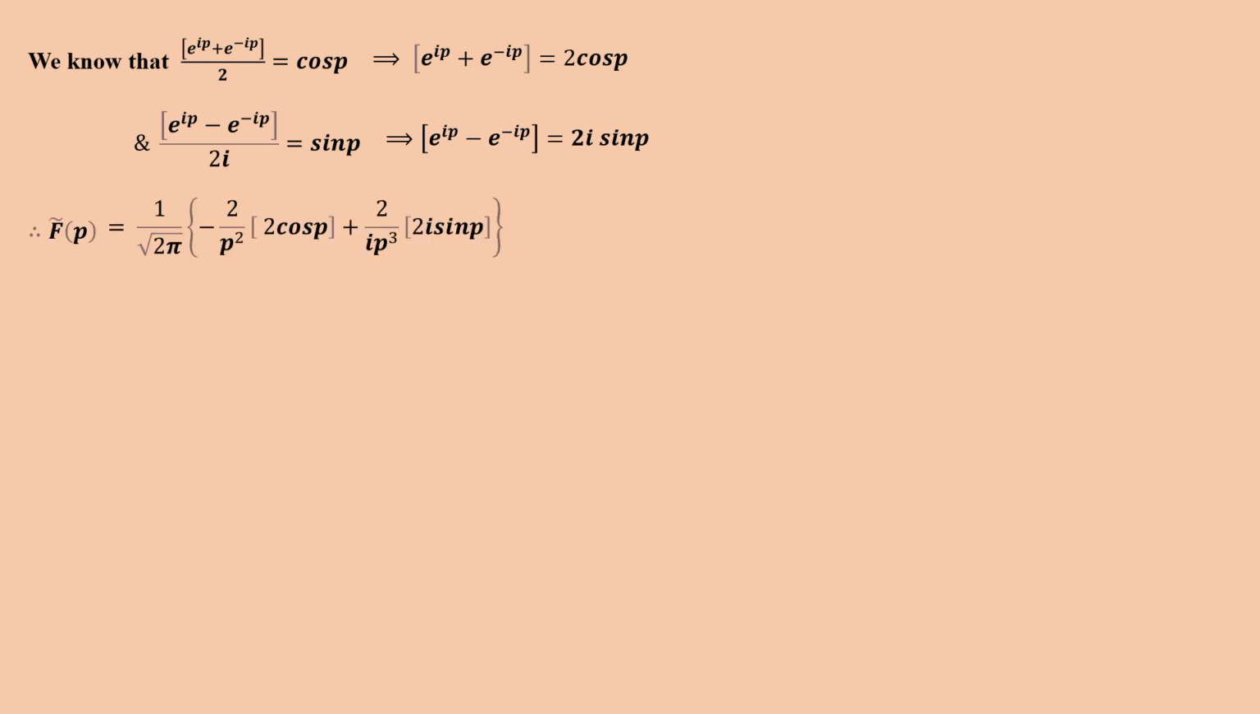Substituting these values, f bar of p is equal to 1 by root 2 pi times minus 2 by p square 2 cos p plus 2i p cube 2i sin p, that is equal to 1 by root 2 pi minus 2 into 2, 4 cos p by p square plus 2 into 2, 4 by p cube. The i and i cancel sin p, that is equal to 4 by p cube root 2 pi. Taking 4 by p cube root 2 pi outside, the first term has p square in the denominator, so you need one more p, that is why we are multiplying with p: minus p cos p